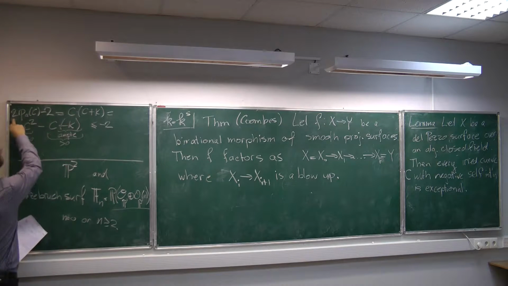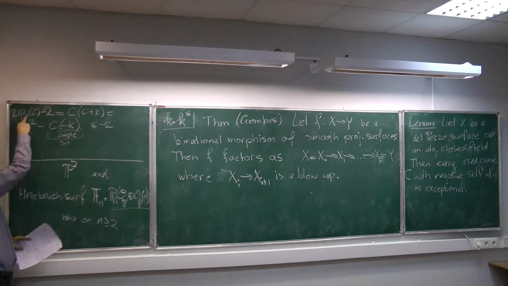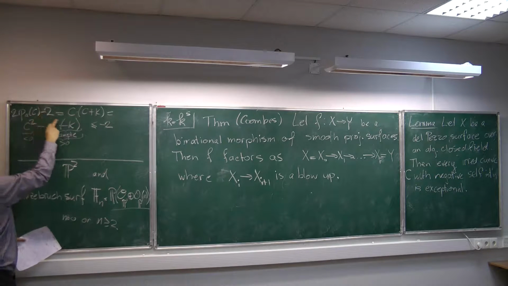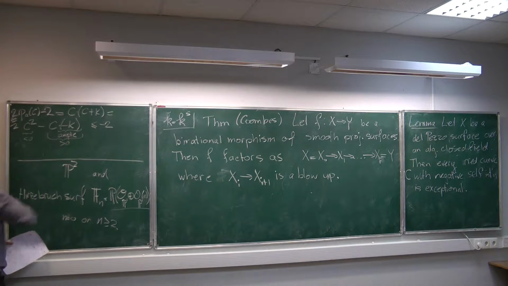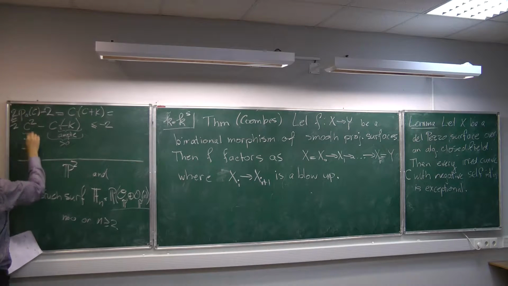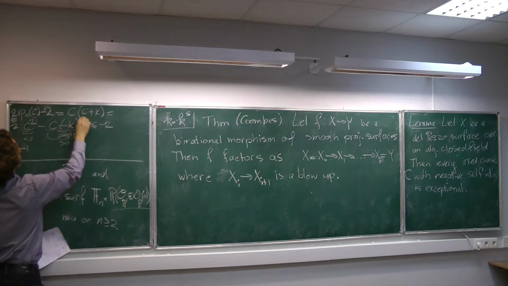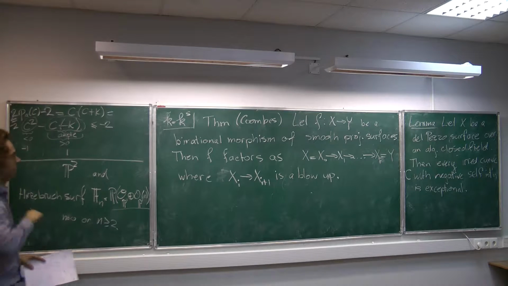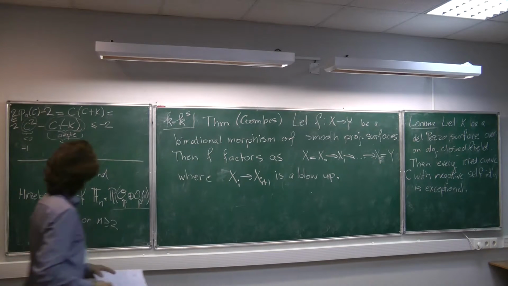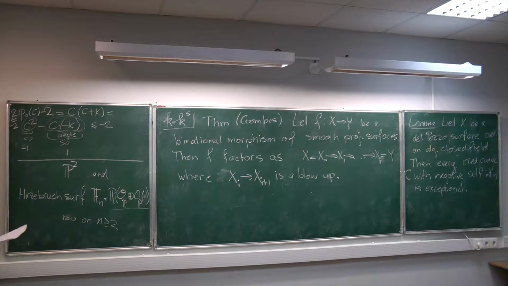And that means that, as the arithmetic genus is non-negative, this is itself greater or equal to minus 2. So we have equality everywhere. If we have equality everywhere, that means that this had to be minus 1, and this had to be 1, and that's exactly what you need to have an exceptional curve. So every curve is exceptional, and that means that now what I claimed before the break that would follow does indeed follow, namely